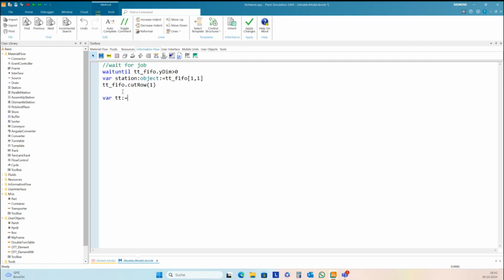And for better readable code, I want to have an object variable of the turntable. And the turntable, this is my double turntable track point.